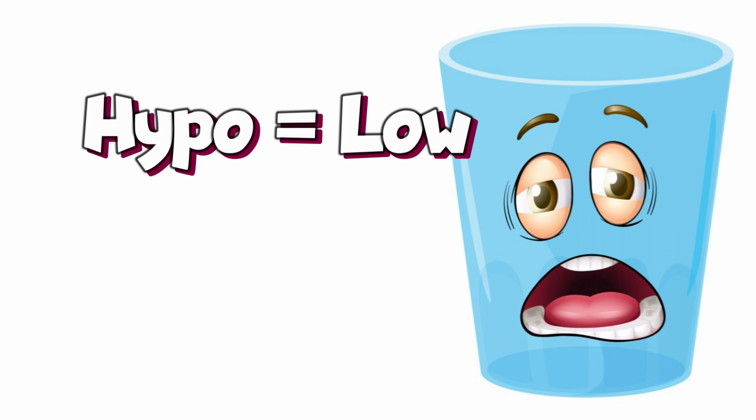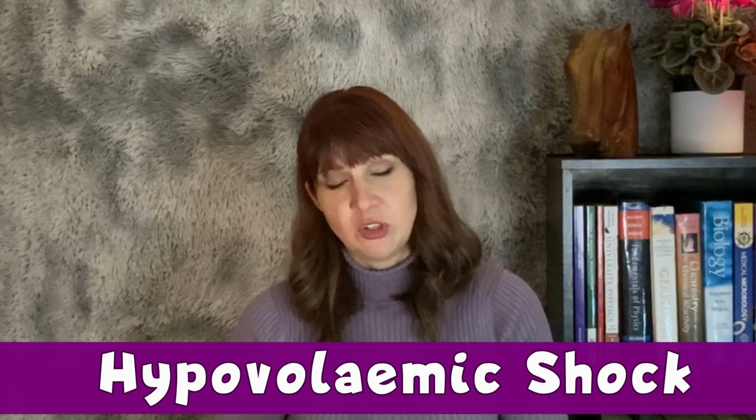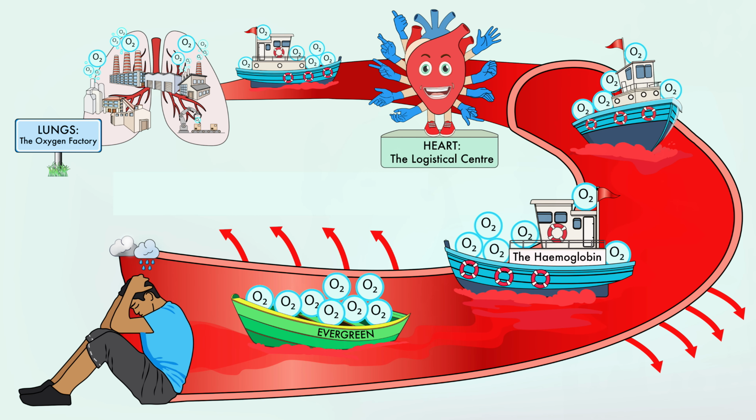What do we call this? Well, remember that hypo means low. They both have O's in them. And of course, we're talking about volume. So we've got a suddenly low volume of blood in our bodies. We're going into hypovolemic shock. Third scenario, the heart is working, there's enough blood in cargo ships, but for some reason, the canals